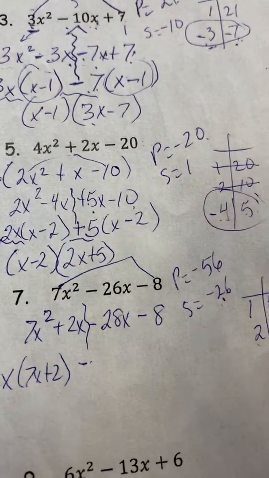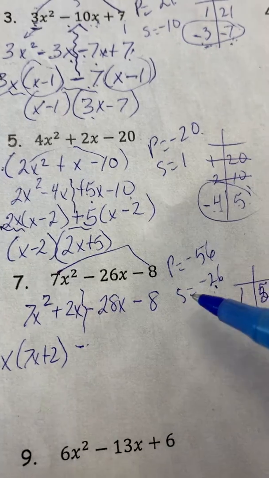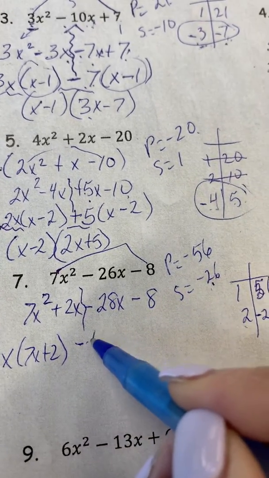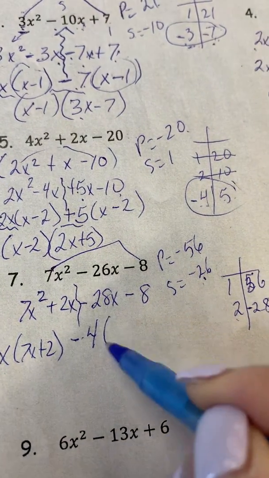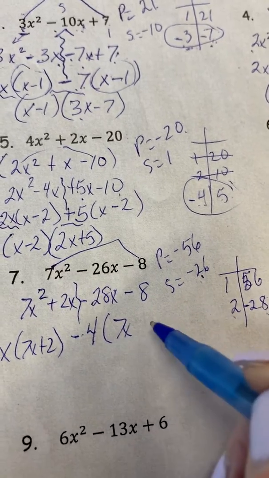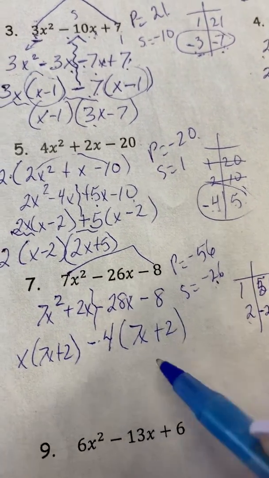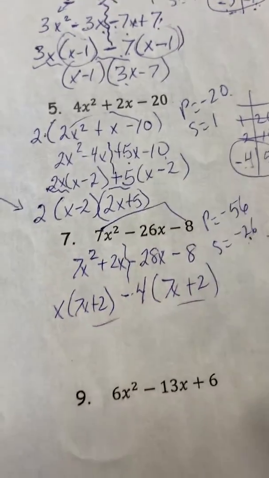I'm going to take out a negative. What can I take out of 28 and 8? You have to be good at your times tables. The answer is going to be a 4, right? And a negative divided by a negative is a positive. Same here, plus 2, and lo and behold, these two worked out, so you can be pretty sure that you're